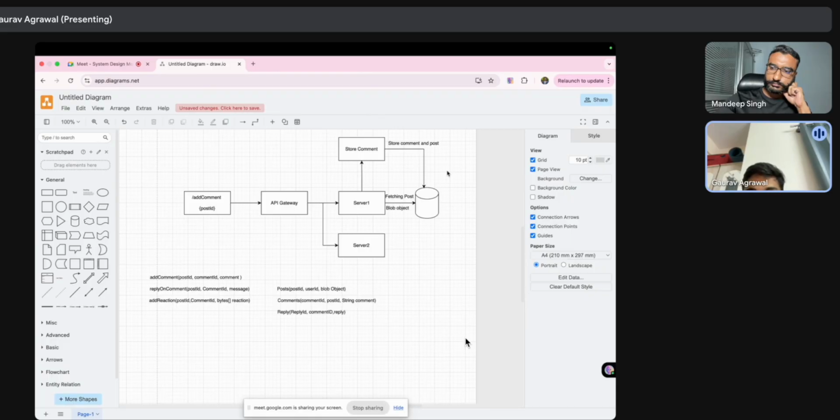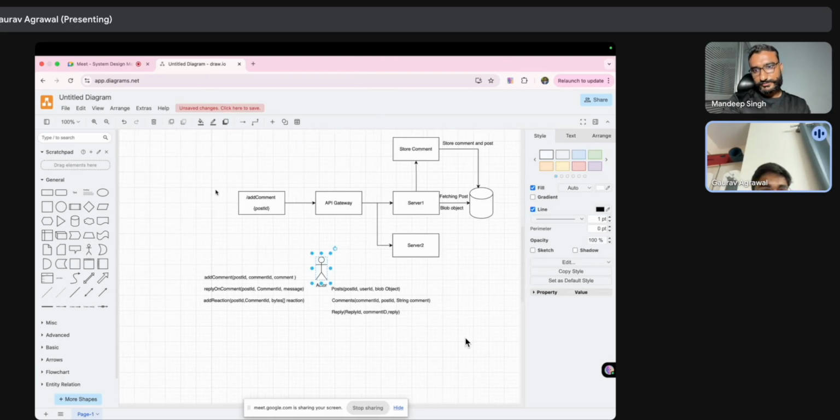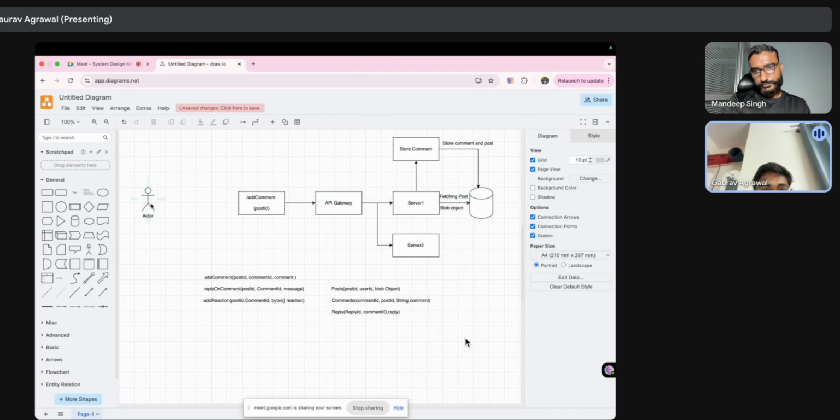Now the thing is how we are going to handle it from the client side, when the comment is lost due to some network glitch or anything. I mean, yeah, a request can be lost anywhere in the course between. Okay, so let's suppose we have a client who has commented.